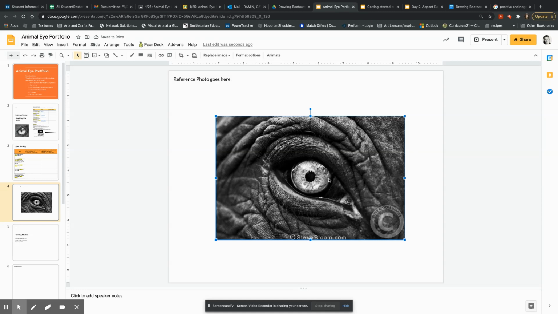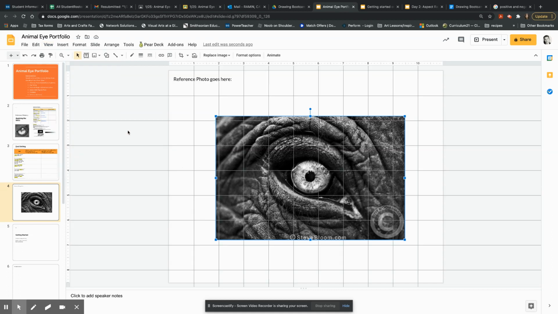All right. Another thing I want to show you is guidelines. So on this portfolio, I've also already drawn a grid. If you go up to view, guides, show guides, now we have a 1 by 1 inch grid that you can use to reference for your